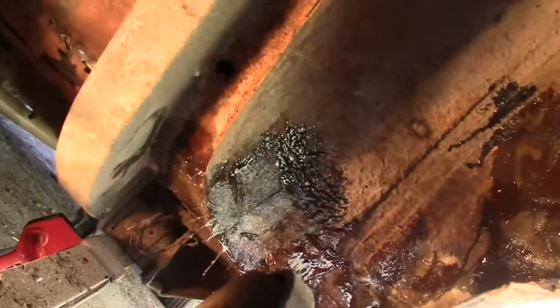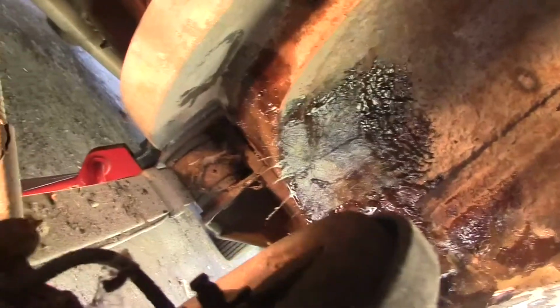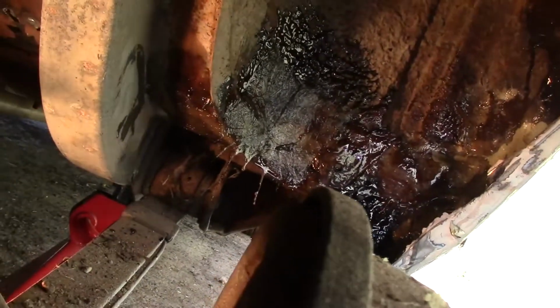Well, this really wasn't too bad. We got that section there patched. This one here around the bottom of the fender. Got a light up in here, so that makes a big difference. In here, I mostly got it pretty good. And around the edge of the wheel well there. I pretty much got it